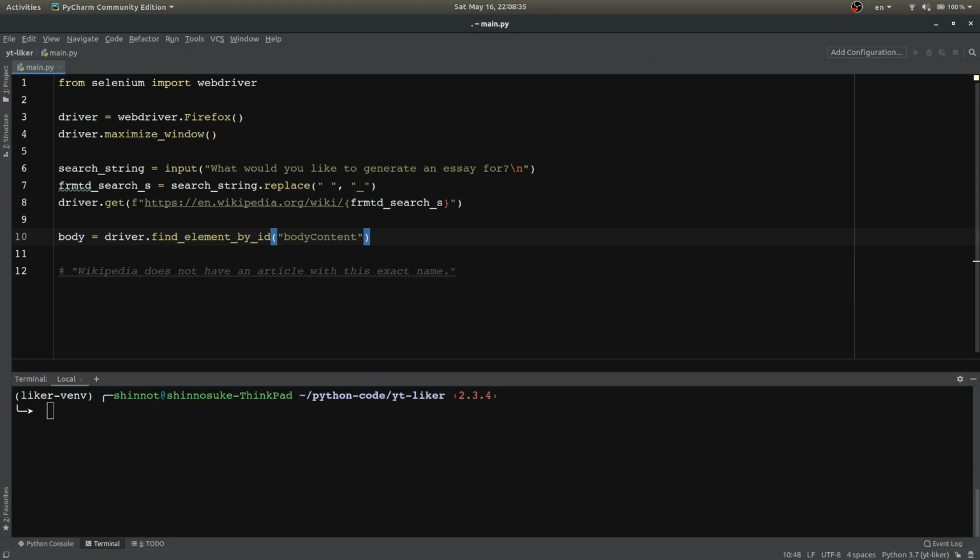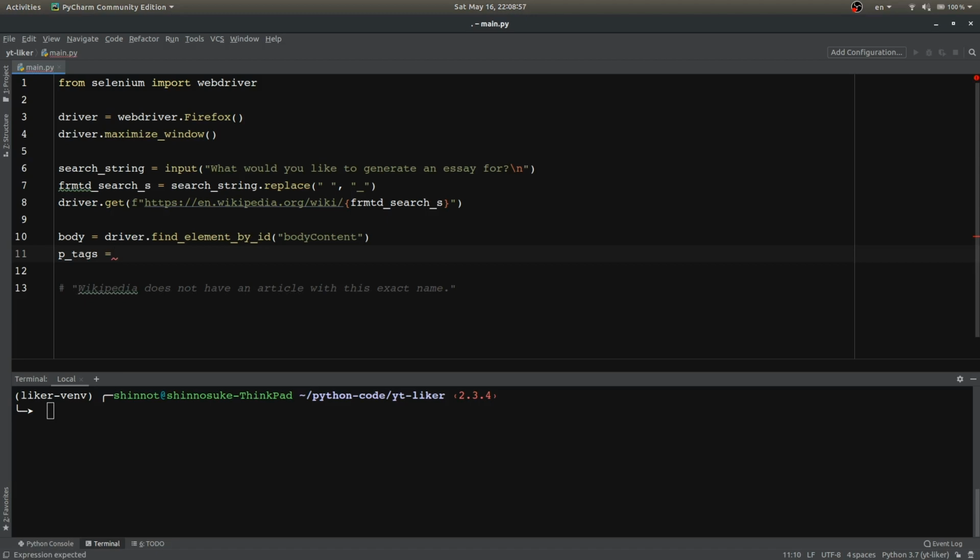And from there, we're going to want to dive deeper and just fetch the p tags which we saw. To do that, we're going to call this p tags, because that's what they are, just a list of